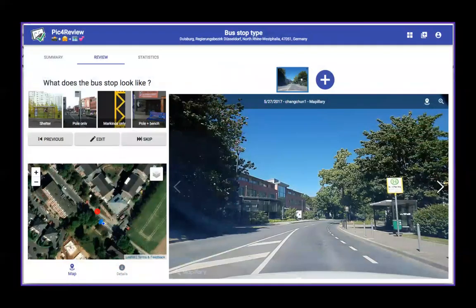People have used this imagery in a variety of different tools as well. This one is called Pick for Review, and allows people to set up tasks where they use different street level imagery to add additional details in a structured manner to OpenStreetMap. So here, somebody has taken all the bus stops that are marked on the map in their city, and wants people to use the Mapillary imagery, the street level imagery, to then add additional details about the type, whether it's a shelter or only a pole or just markings on the street. And people can much more quickly go through all the tasks for the city and add these additional details, which can be important if you're doing something like an accessibility map, a transit map, or some other study of your community.